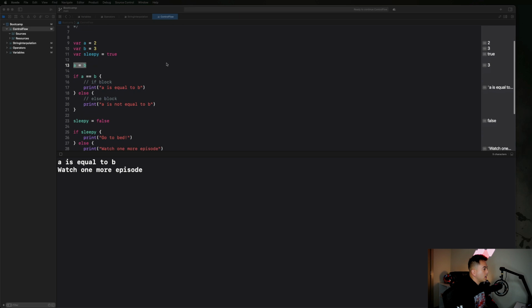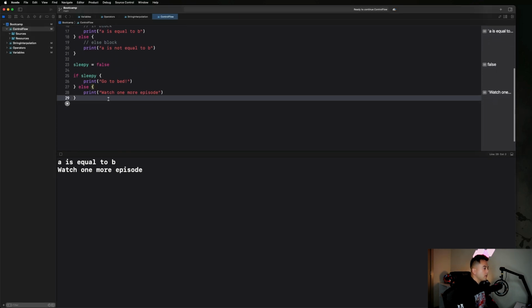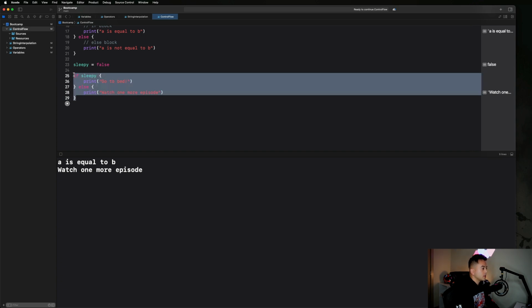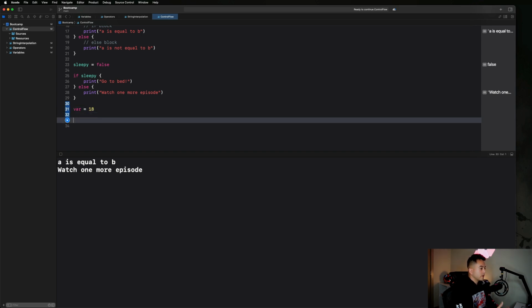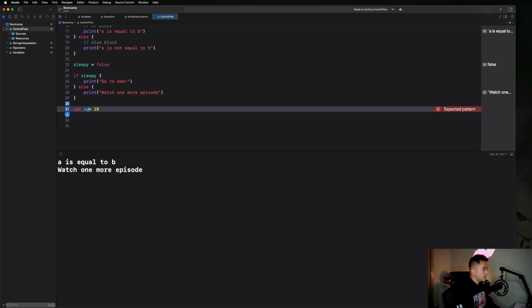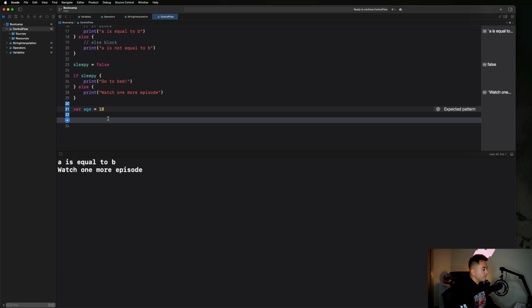But anyway, guys, let's go ahead and do a slightly more complex example. We can definitely go through some examples of how to make our logic a little bit more complex and a little bit more functional here. So I want us to create a variable called age, and it's going to equal 18. So we are just going to start this off as a very simple if-else statement. Oops, I need to say var age equals 18. Sorry about that. So we're just going to say if age is greater than or equal to 18,